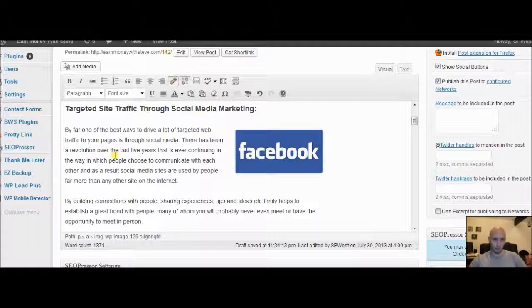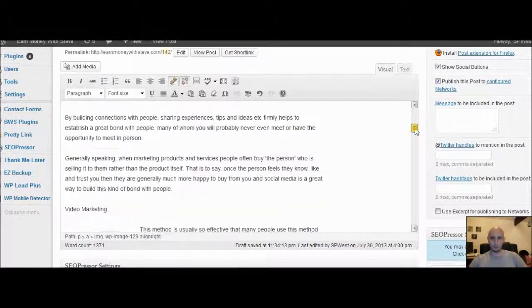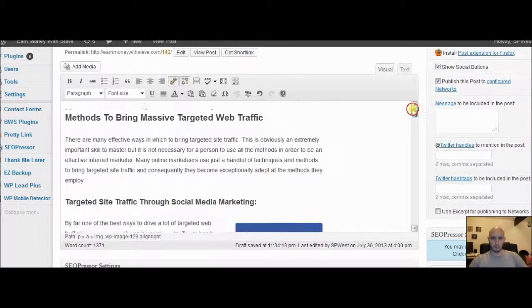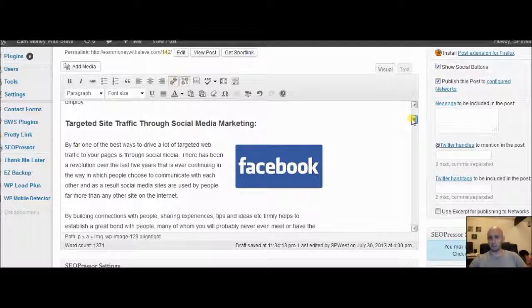There you go, targeted web traffic, appearing in your last sentence. And then within the post, you want it appearing on average around about once every 100 words. That's not a hard and fast rule, but it's something to bear in mind. If you can't do that, don't worry about it. As long as it reads well, that's more important. But as long as it's appearing fairly frequently, but not too frequently, obviously, about once every 100 words or so